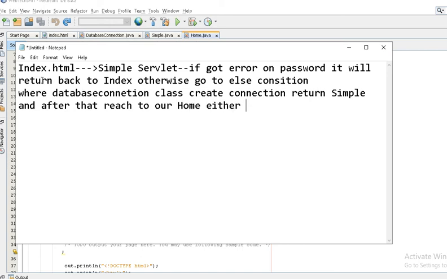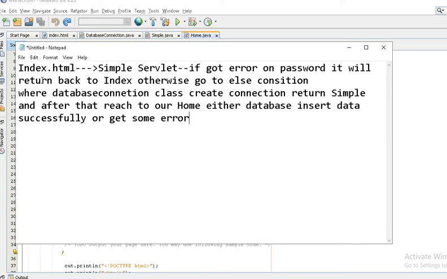Either the database inserts the data successfully, or we get some error, right? So this is the whole working of our application.